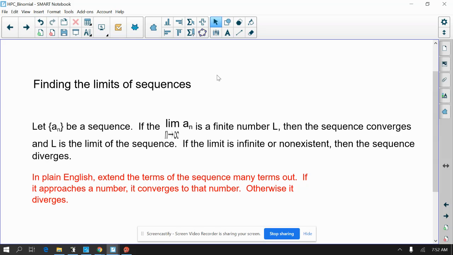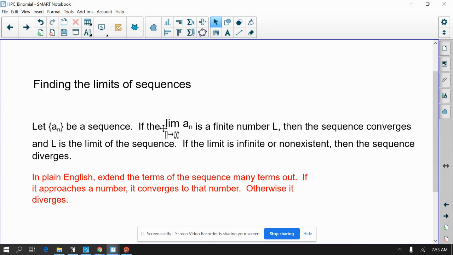Remember, a sequence is a function where the domain is the set of natural numbers. So n would be 1. n is the domain here. So n is 1, 2, 3, 4, 5, etc. The domain doesn't include numbers like 2.5 or -8. They're all integers and they're all positive. The range could be anything. The range could be fractions, negatives, irrationals, but the domain is positive integers.